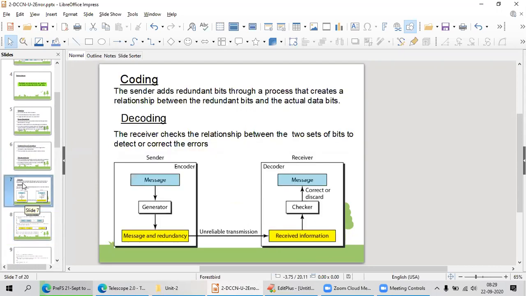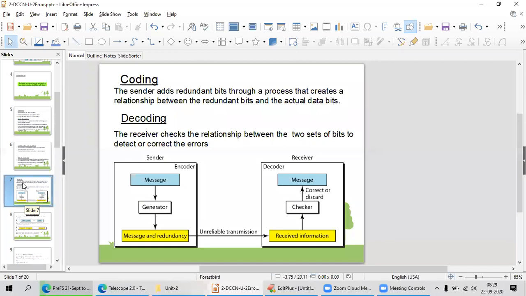Coding and decoding, single bit error, parity bits, what is parity, we have learned. Coding, decoding, transmission, retransmission, error guessing, error detection and error correction, forward and retransmission, we have seen all these things. Right now we are going to start with